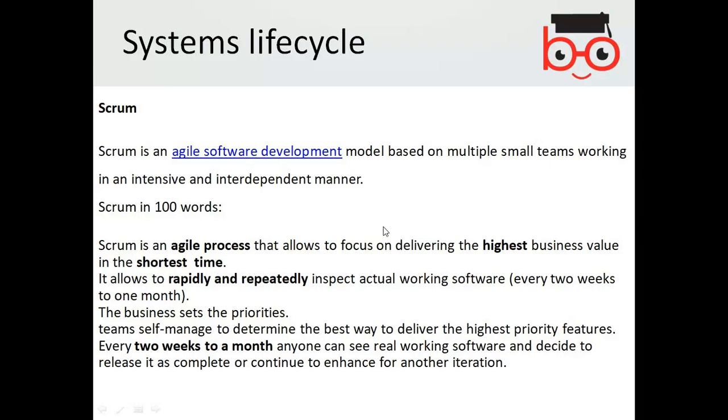How is it possible? Instead of, for example, one person working on a project through every phase, like if there are 6 phases: requirements, analysis, design, implementation, testing, and maintenance, and one person is doing all 6 phases, then obviously you are not getting the project in a shorter time.